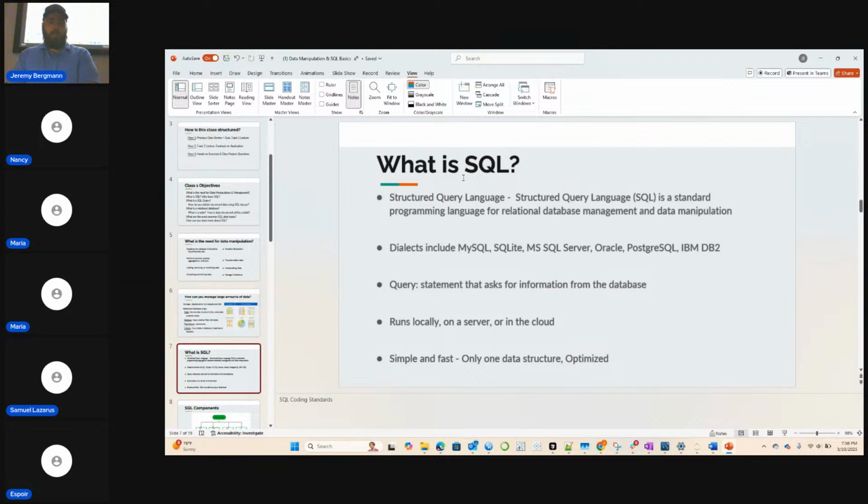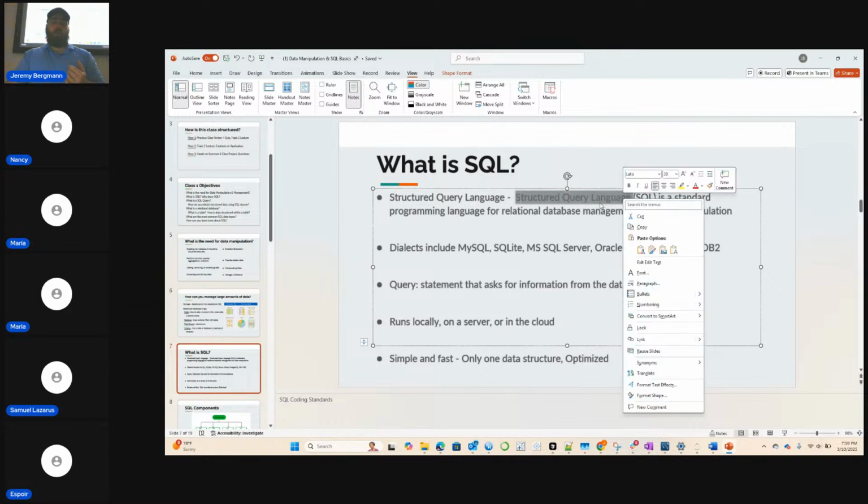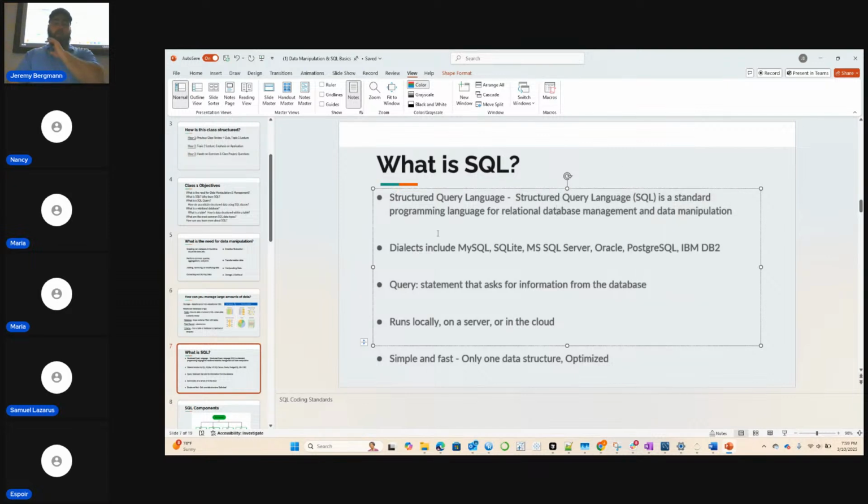Okay. So what is SQL? I keep saying SQL. It just becomes an acronym you think of when you're in tech long enough. So that's why we'll define things and then go through some of the technical jargon. So at least you could speak it, or when somebody does, you know what they're talking about. So SQL, the long name is Structured Query Language. It is a standard programming language for relational database management and data manipulation.